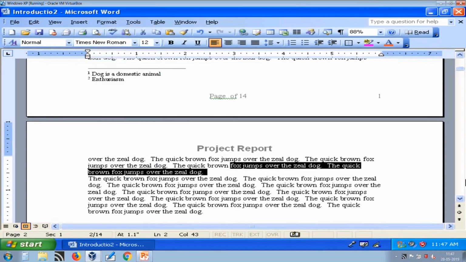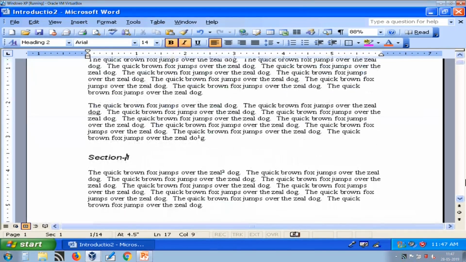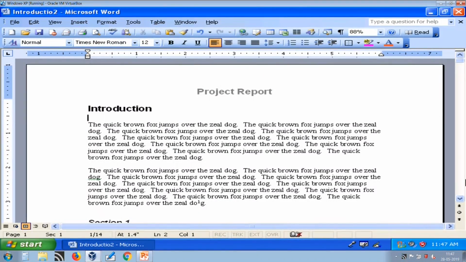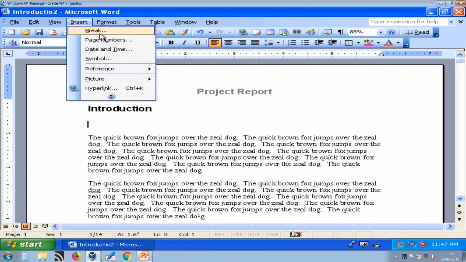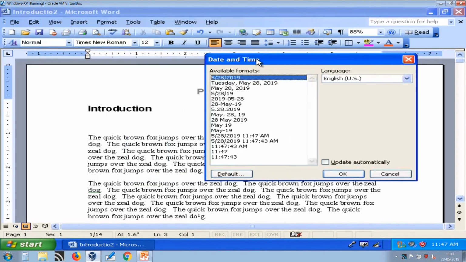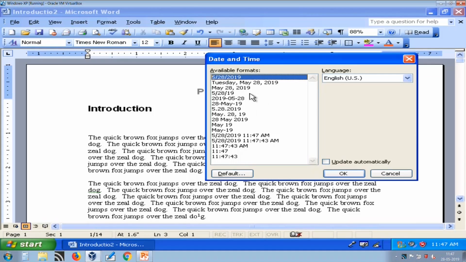Now, sometimes we need to insert current date and time. For example, if I am typing a letter, I need to insert date and time. So, how can we do that? I am pressing date and time. Here you can see it shows current date and time, and there are various formats available to choose from, and here I want to use a format like this.